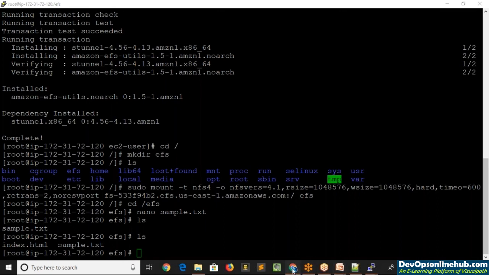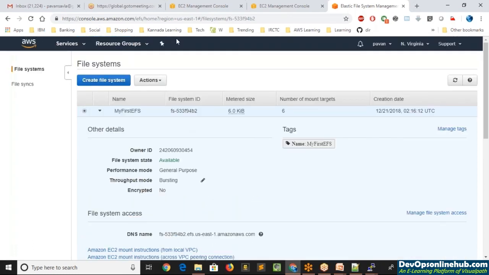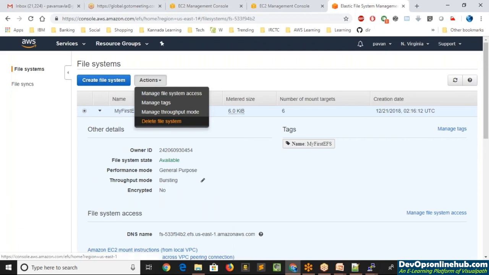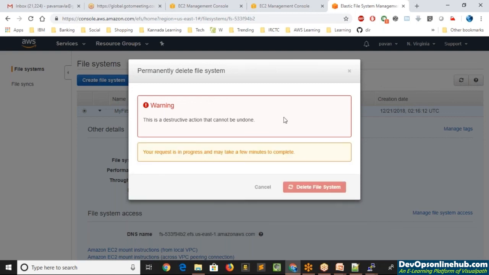So in the meantime, I'll just quickly go ahead and, as a part of cleanup activity, remember we have to remove everything so that we do not incur any extra charges. So I'm going to delete the file system. The moment you say you want to delete the file system of EFS, it clearly says it cannot be restored back. So once deleted is deleted, you cannot recover it back, right? So it's a destructive action. So be careful while you do it in real-time systems. So I'll just delete it. Since it was a lab, it should be fine for us.